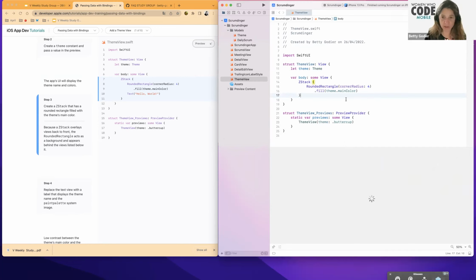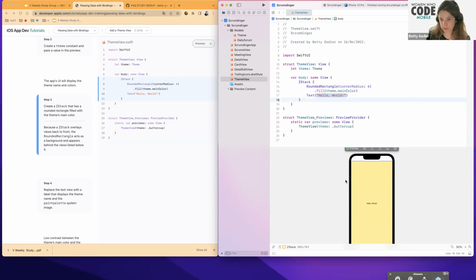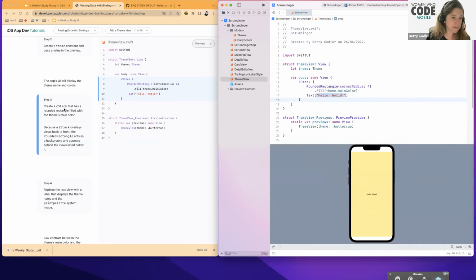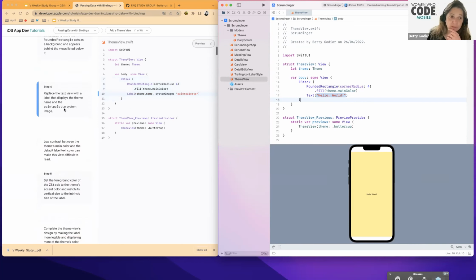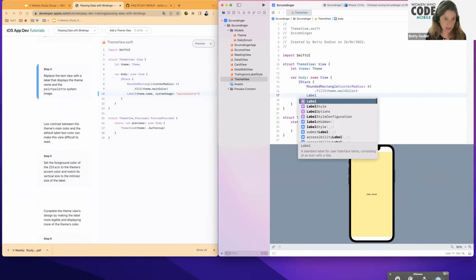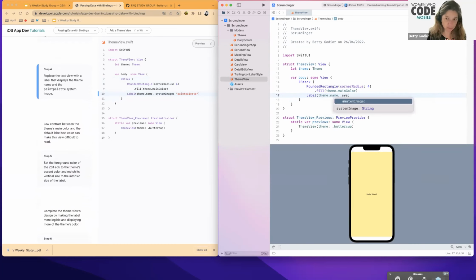So just above my rounded rectangle, not changing the text for the moment. So okay, I can make the preview, but it will not change, so I've got the same thing. I create my ZStack, and replace the text view now with a label that displays the theme name. So I replace this label with the theme name and also